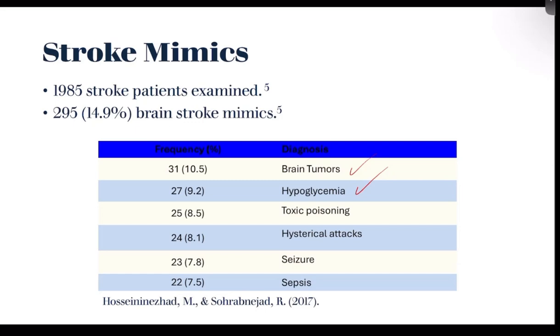This is not limited to women, by the way, as the diagnosis of hysteria used to be limited to women. But no, hysterical attacks, people do hysterical things, basically kind of act out. Seizures, as you know, postictal state can look like a stroke at times. That's actually called,